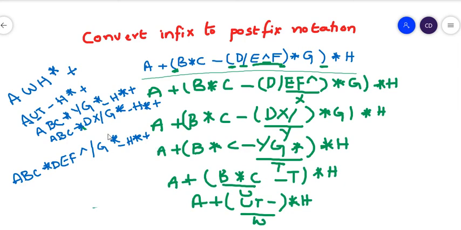So this is how you are converting your infix notation to a postfix notation. Simply here I am substituting with some values for simplification, so you don't get confused. Once you make things like this and it becomes a shorter expression, you have your output, then you just expand in reverse order. Then you get the correct order. Otherwise, whenever the expressions are large, you get confused. Okay, I hope you all can understand. Thank you.